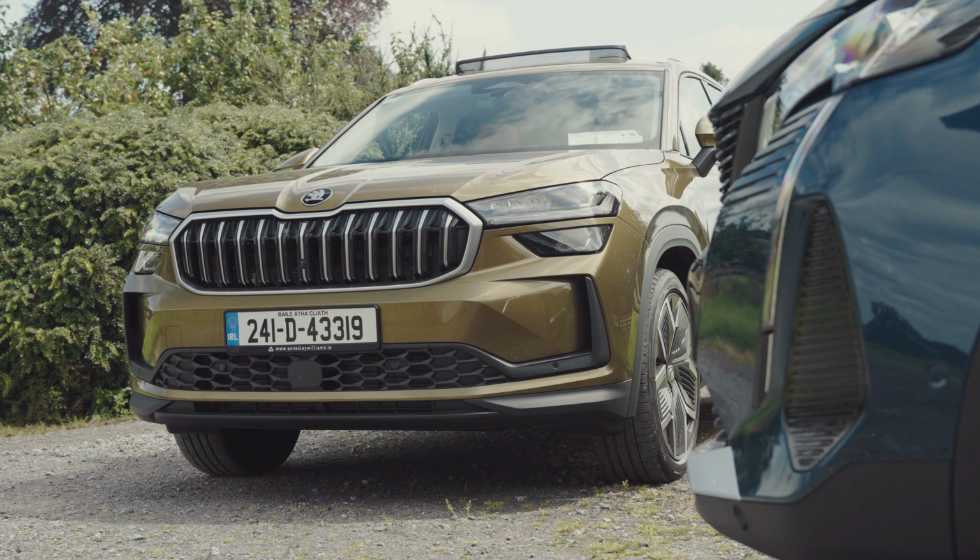Today we have a big one, two very big ones in fact, two of the most popular 7-seat SUVs on the market today and a firm favourite for families. In the bronze corner we have... Yes, so a very real life family car test if you like, and I have with me the all new